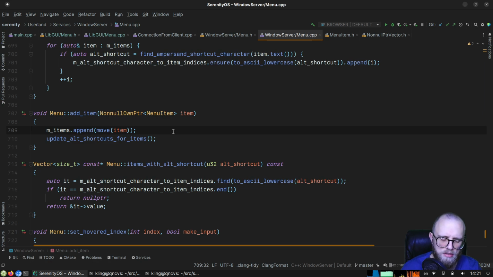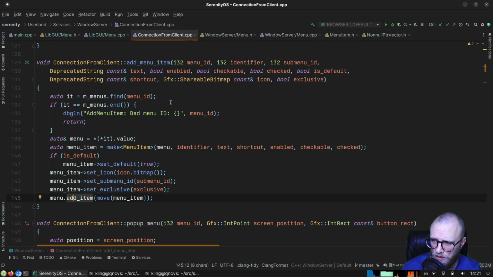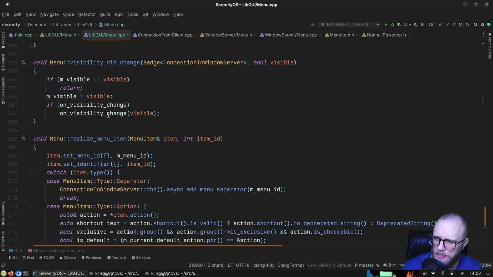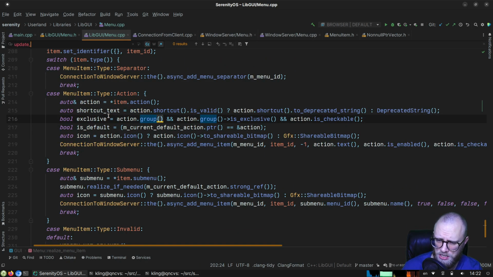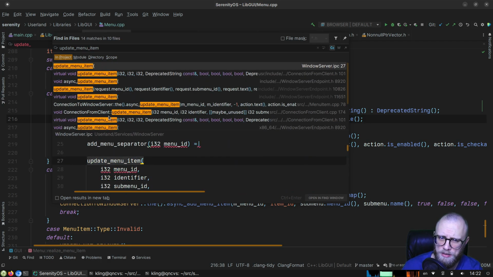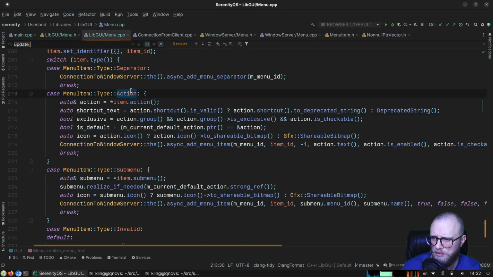M-items append in Windows Server. By the way, Windows Server owns menus. So when you're creating a menu in a user space program, you're really creating an object on the Windows Server side, and Windows Server then displays those menus. They're not rendered by the client program, they're rendered by Windows Server. So you're just proxying all the information over to Windows Server so it can eventually display the menu. But I feel like we have an update menu item API. Menu item. Yeah, there's update menu item, but